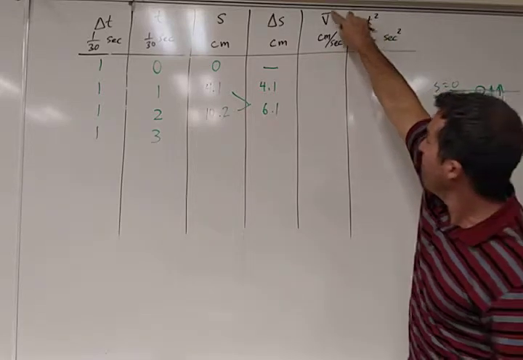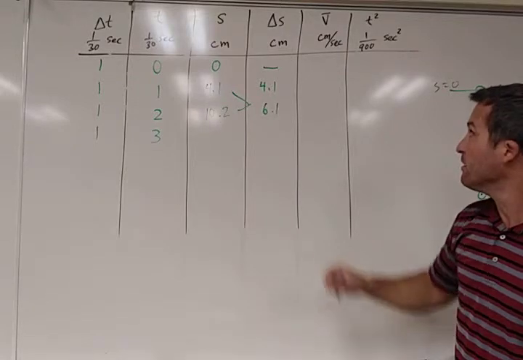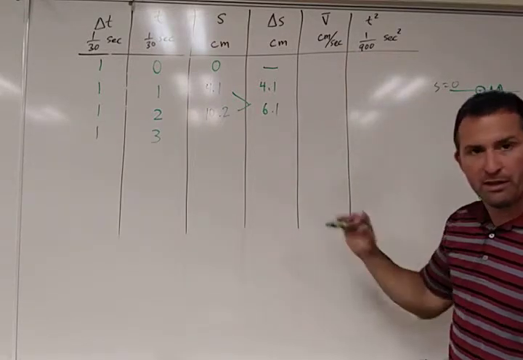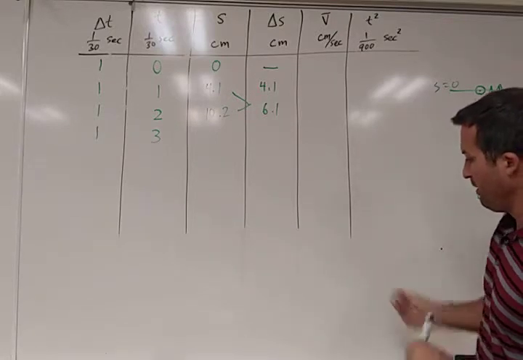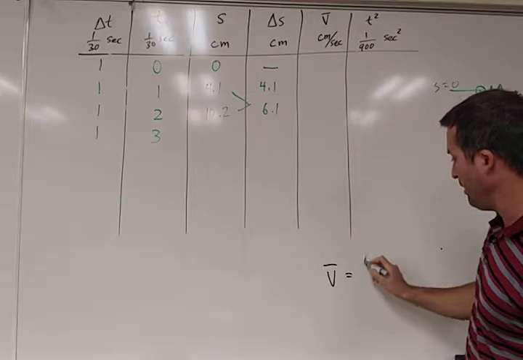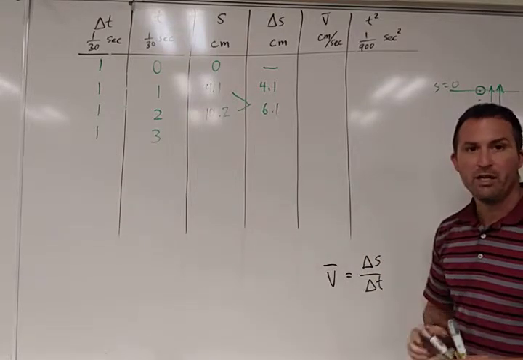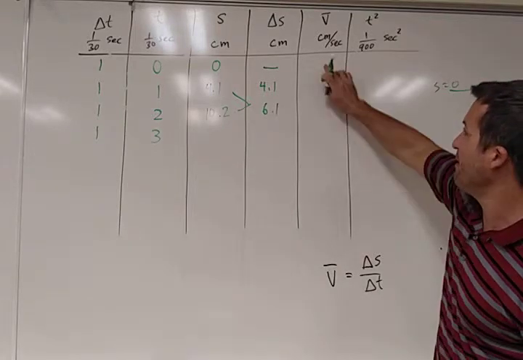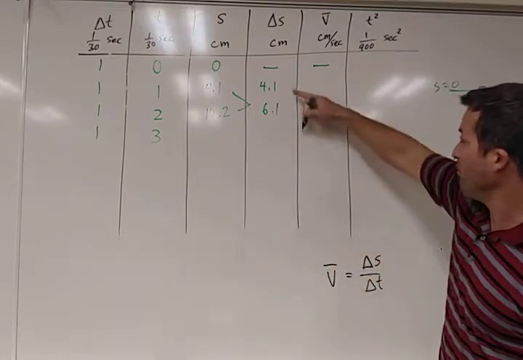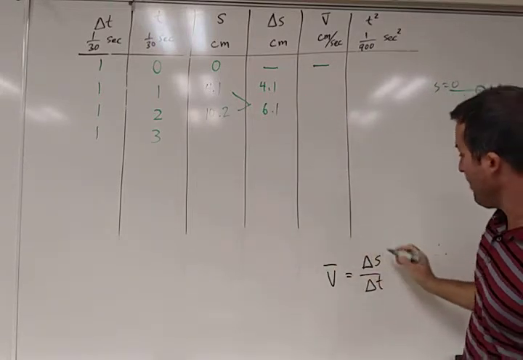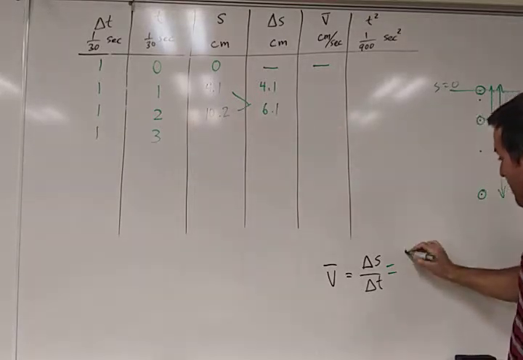Two more columns here. This bar up here, this v, refers to speed in our lab. Speed is measured in centimeters per second, and the bar on top means it's the average speed. It turns out that average speed is defined to be the change in position over a time interval. There hasn't been any average speed at time 0, so we don't need that data point. Let's do a sample calculation: this would be the 4.1 centimeters,